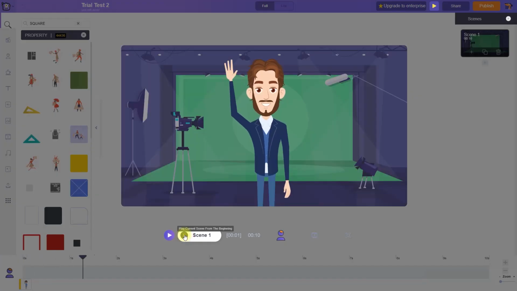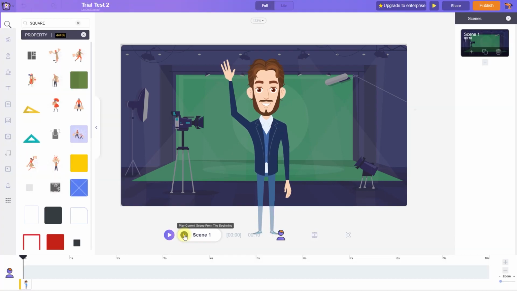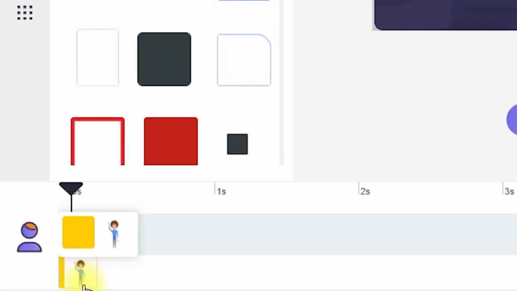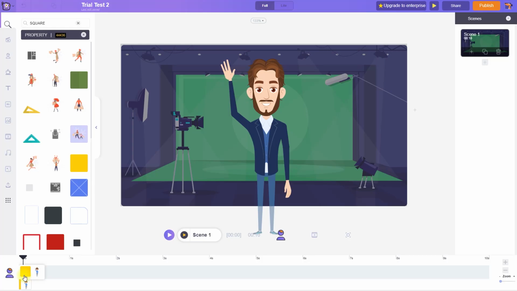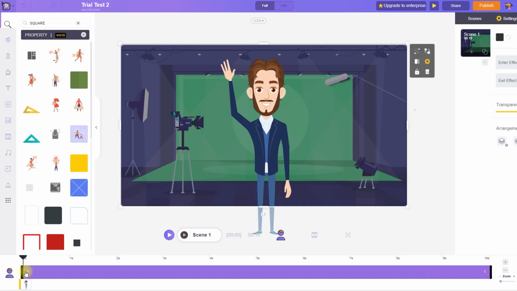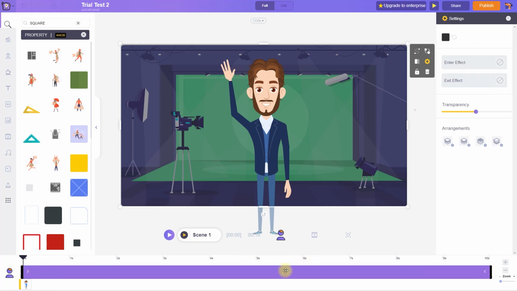You can see it looks very nice, but the background is dull. It is not animated. So I'd like to animate that one as well. In order to do that, what I'll do is to hover over this icon and then select the element that you want to animate. So I want to animate the background. I'll click on this yellow layer, and then you can see we have this layer which we can shift in the timeline, and we can also shorten it by dragging it.